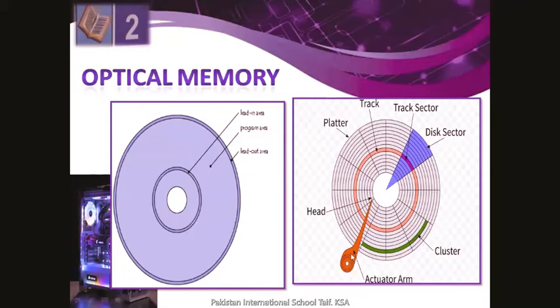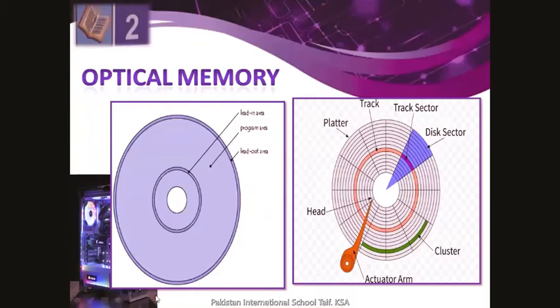And here we have a head. This head is called the read and write head. When your platter, your disk, rotates, this read and write head is used to read and write your data.